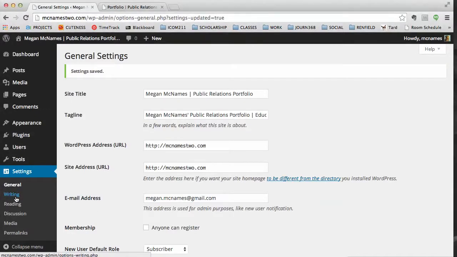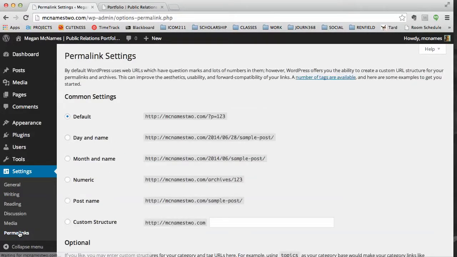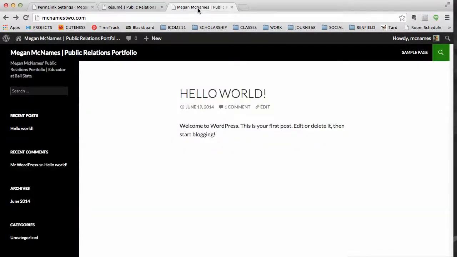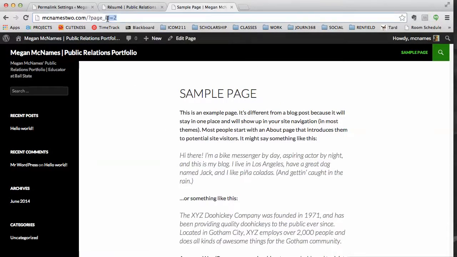Now let's click on Permalinks down here. Permalinks are the URL for your site. And I've opened the current site in a tab right here, and you can see it's really boring, but there's a sample page. And if I click sample page, if you look at the URL, this is the URL of the page,